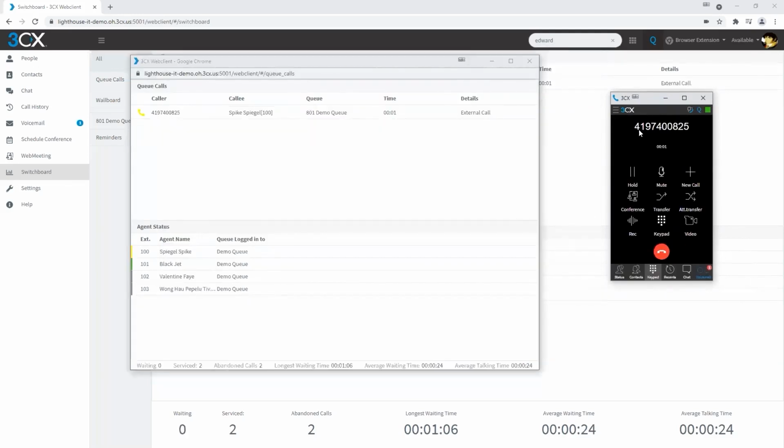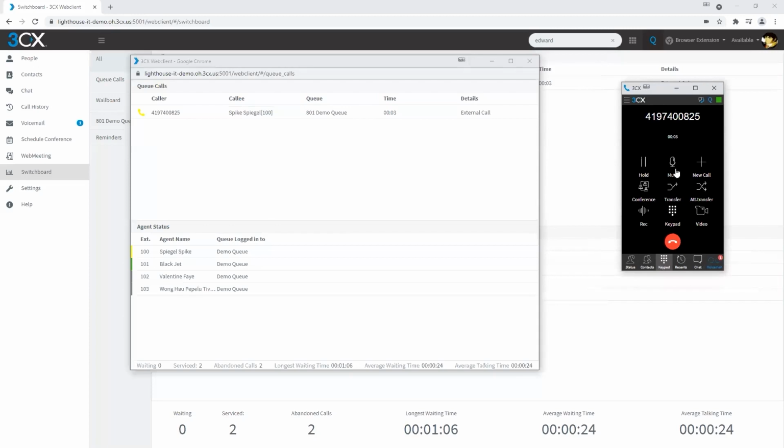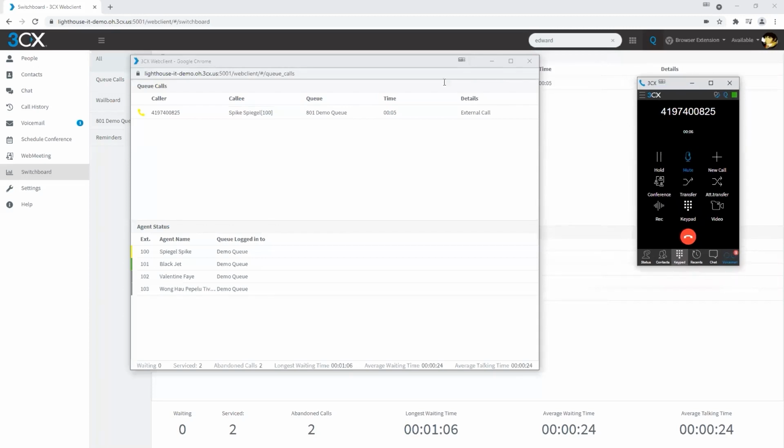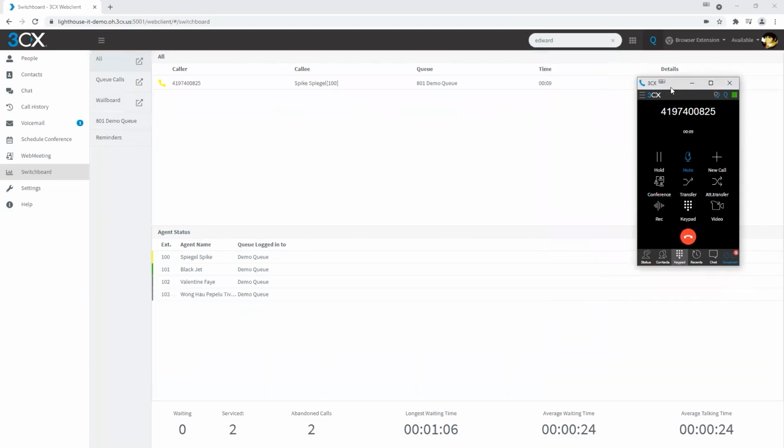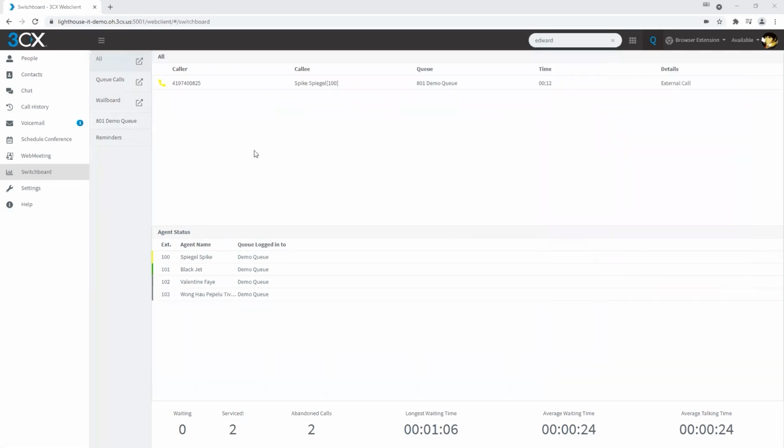Let's go ahead and grab our other call here. We'll answer our next phone call. And what we have when we're taking a look at our switchboard and managing our phone calls, if you are